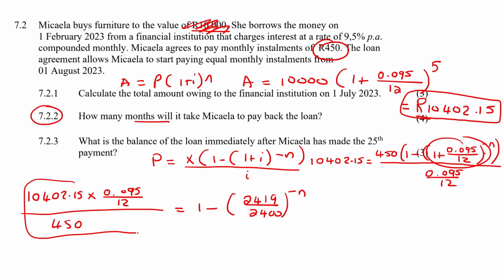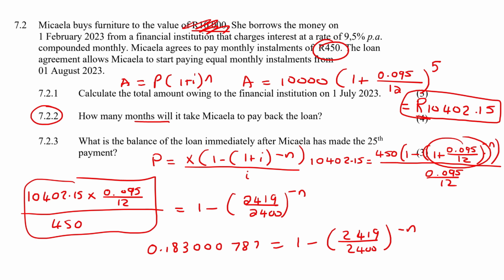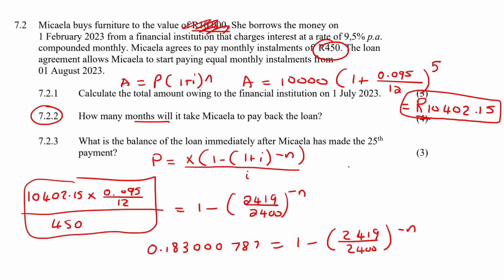Okay, type this on your calculator as well. It'll also give you a fraction. Let's see what that'll be. Oh, it doesn't give us a fraction. Okay, that's fine, just wanted to double check. 0.095 over 12, 450. Okay, then just write all the decimals. Don't want to be rounding off at this stage. Okay, now I'm going to take this unit to the left and then bring this to the right. And so now we end up getting